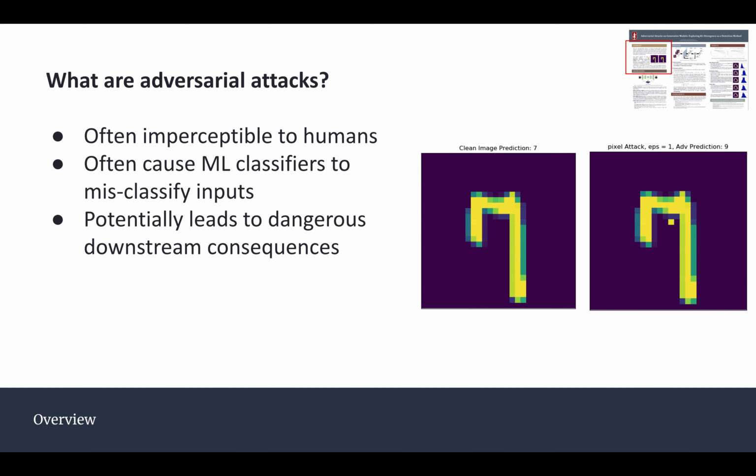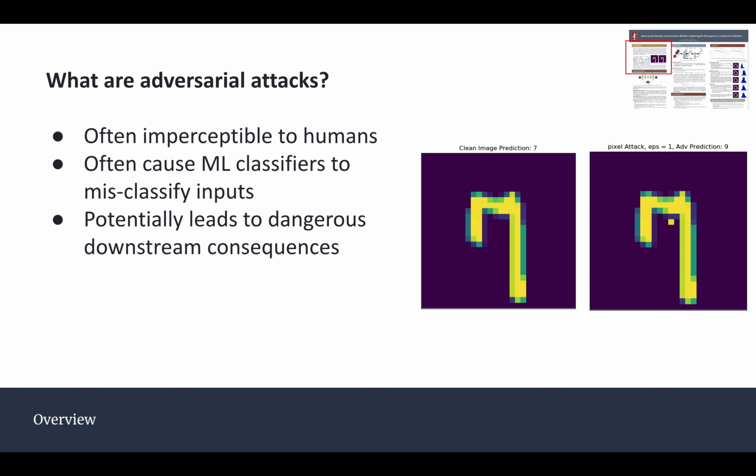So let's briefly talk about what adversarial attacks are. Essentially, these are any perturbations you apply to an image that would cause a classifier to misclassify what would normally be an obvious image. On the left here, you can see the classifier correctly classifies this image as a 7. But suddenly, when you apply a single pixel perturbation, the classifier now thinks that this image is a 9. And so you can understand how this can cause potentially disastrous consequences downstream, especially if it's going to be